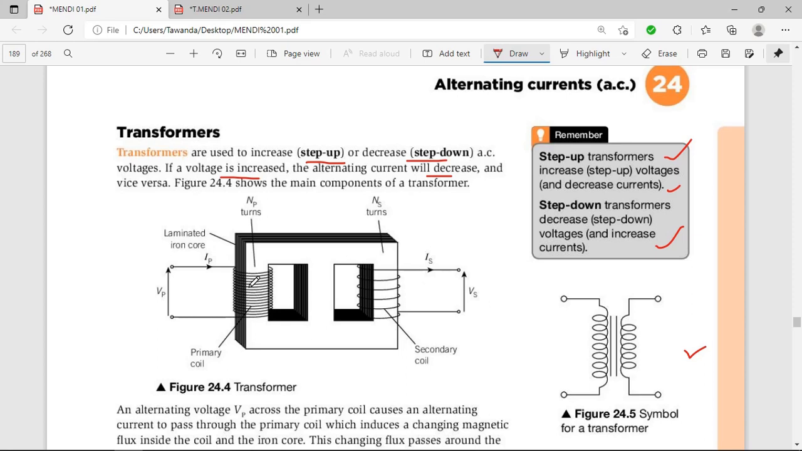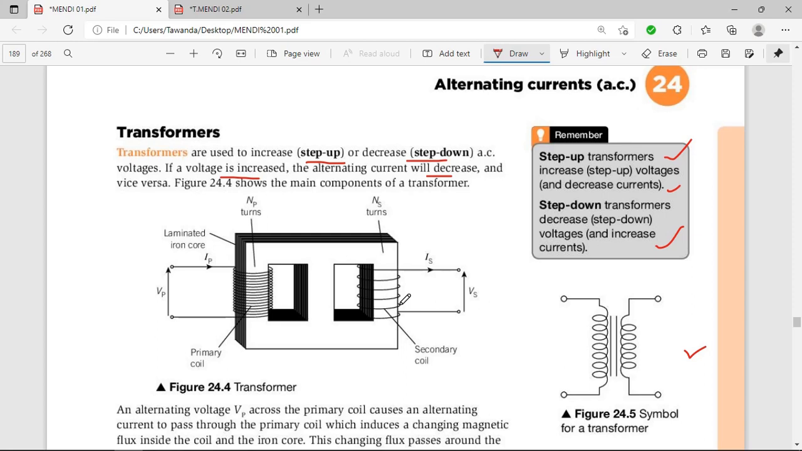A step down has many turns in the primary, then a few turns in the secondary. Whereas a step up has few turns in the primary, then many turns in the secondary. So here are the main components